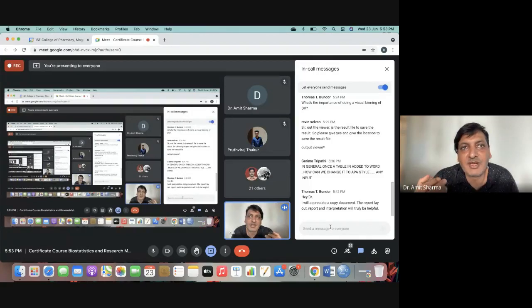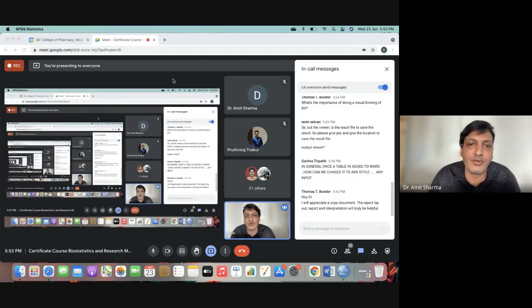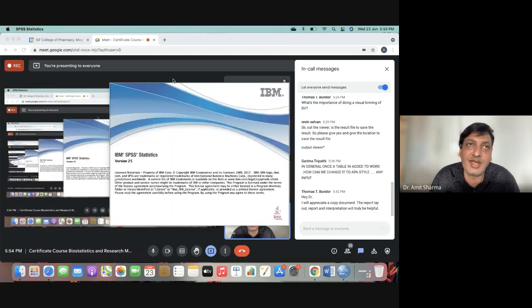Whatever table is generated by the software will be in the look that you want. For example, if you want a table in APA, you will get it in APA. If you want a table in academic style, you'll get academic. If you want MLA, you'll get MLA. You have an option in SPSS, under an option called looks. And if you want to make a unique style, for example your university recommends a style which is not in SPSS, you can still adjust it, make it, and save it, so that all the tables made by the software will be according to the style you want. Not only tables, but graphs also.